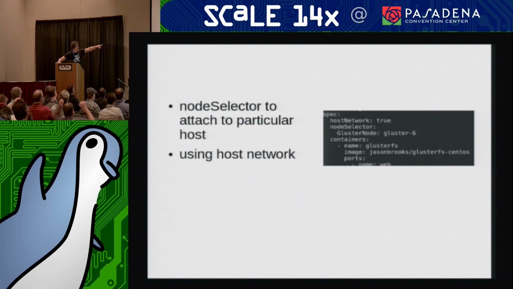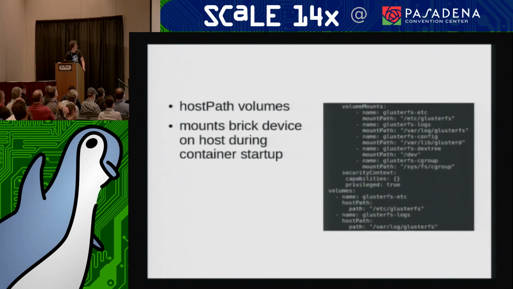We got this little node selector bit here, where I've added to each of my bare metal hosts a tag that says, I am this node. I'm going to match Gluster node Gluster 6 for the appropriate machine. Let's see. This is, as I mentioned, this is where